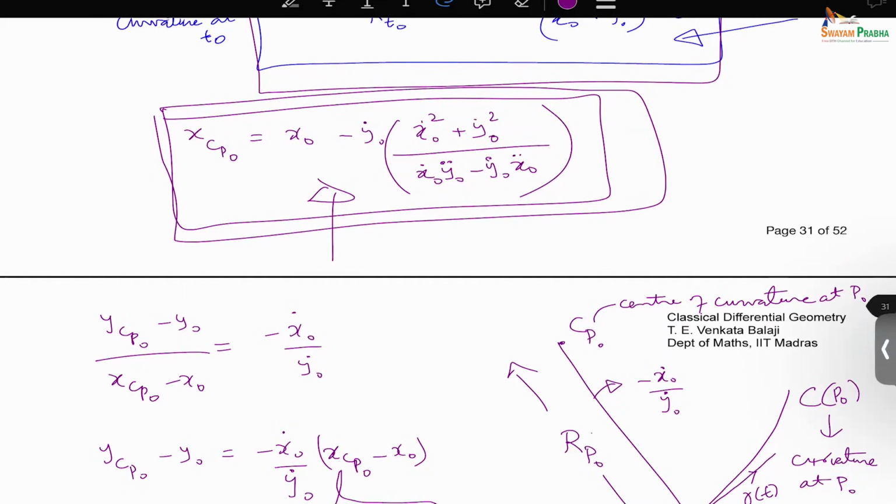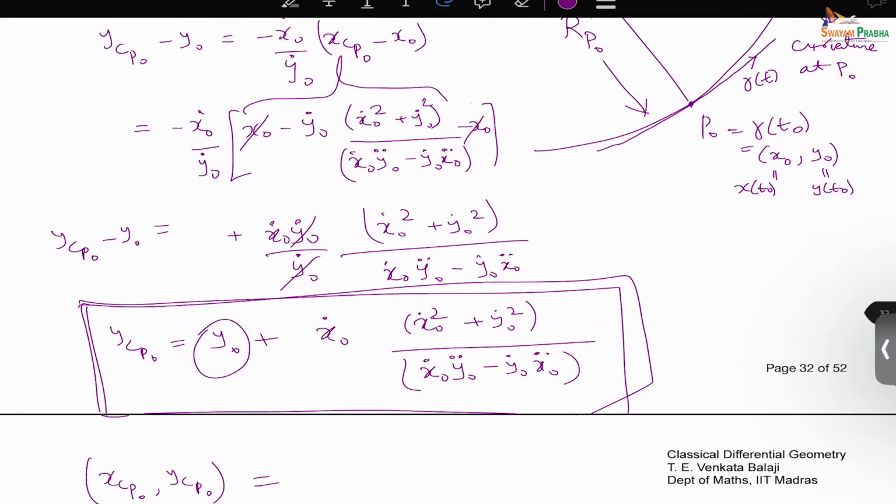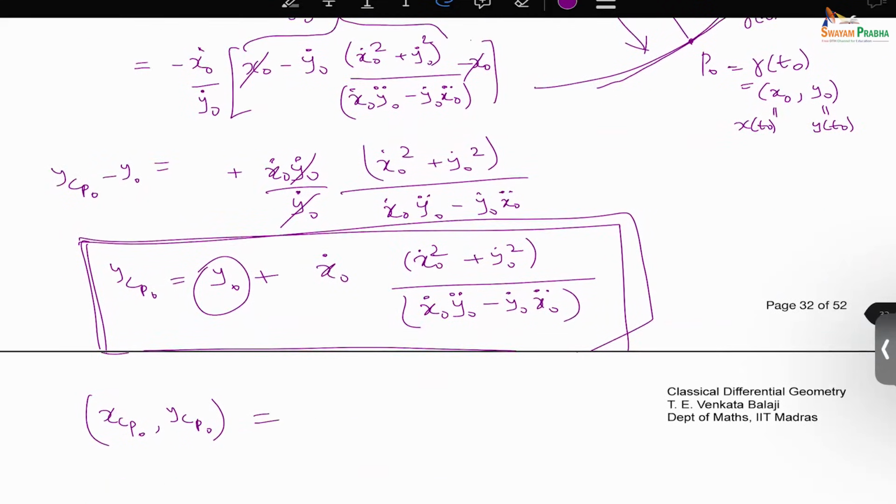Then you see the first component is x naught here, and here you are getting a y naught. So I should write x naught comma y naught plus,